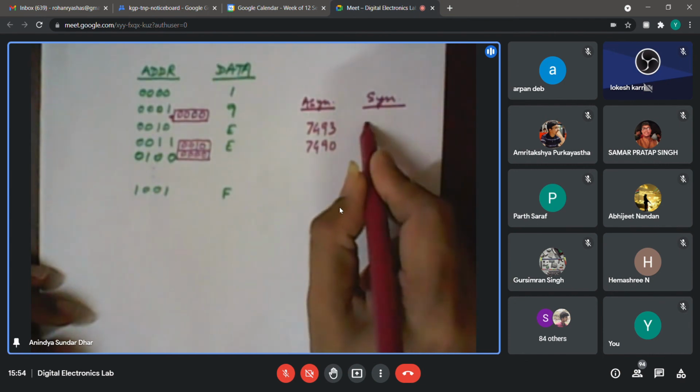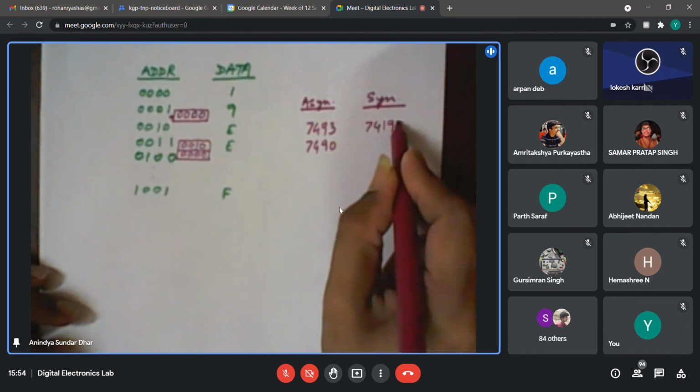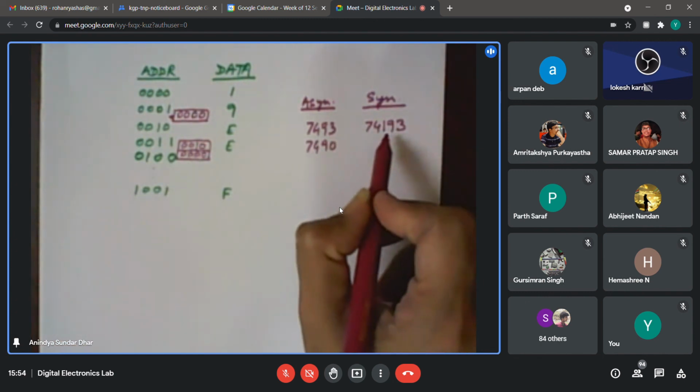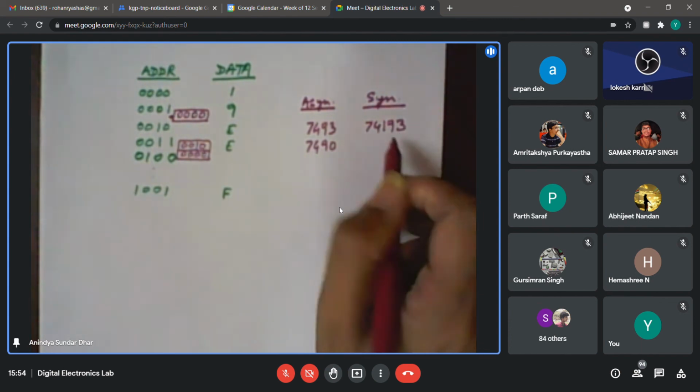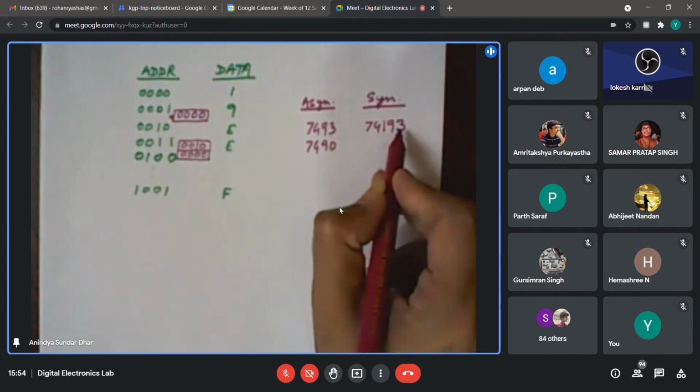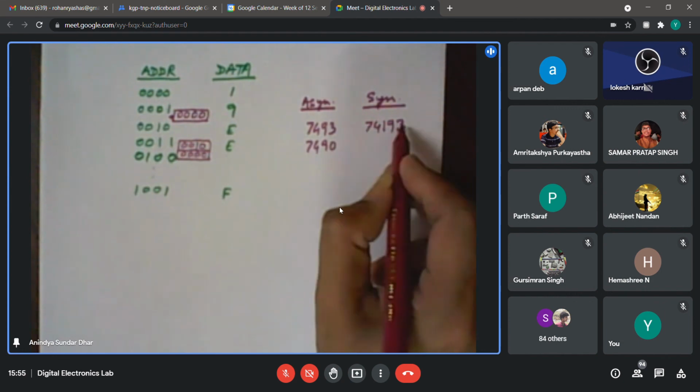The corresponding IC is called 74193. Rather than just a 4-bit synchronous counter, it has some other features also. For example, it can count up as well as count down, whereas 7493 can only count up. So you have to keep the up-down control in the proper mode so that it counts up only. There are basically two clocks, one for counting up and one for counting down. The clock for down you need to keep high. Just read the manual, and there is also something called a parallel load.